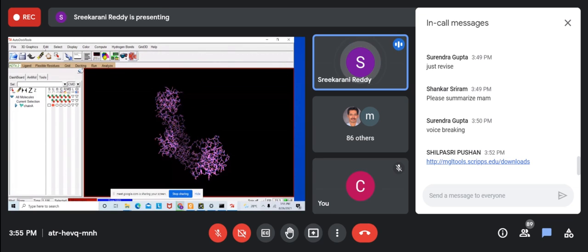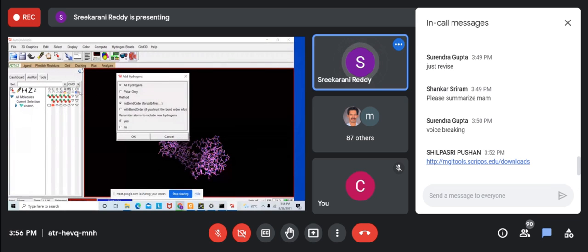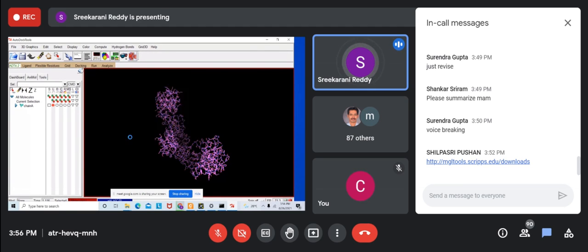So in protein, we need to add some charges, and we need to add hydrogens, and we need to assign some atom types. So first we'll do it step by step. We'll go to Edit, where we will add hydrogens. So Hydrogens, Add. If you see here, there are many options like polar only. Why? Because it will add hydrogens for the electronegative atoms of a particular protein. So we'll click OK, so that all the hydrogens are added over here.